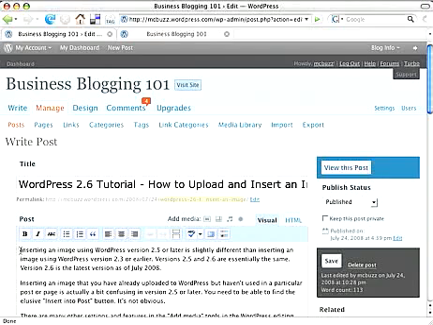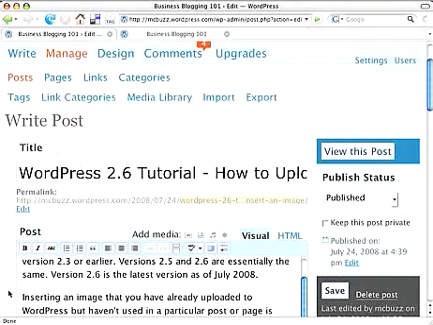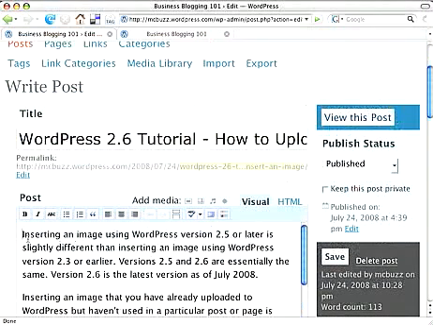Okay, and I'm just going to click with the cursor. Maybe I can blow this up so you can see it. Here, you can see I've got the cursor in front of the first paragraph, and we'll look at wrapping text around the image as well when we insert it. So I'm going to click at the very upper left corner at the beginning of this first paragraph to insert